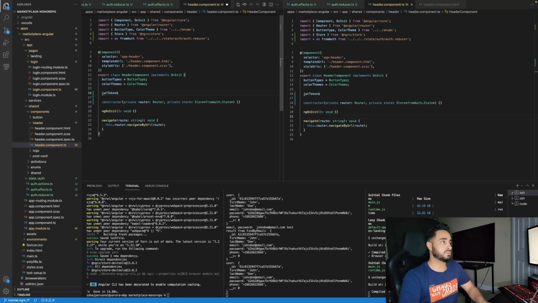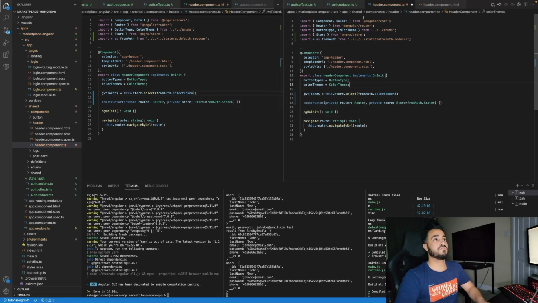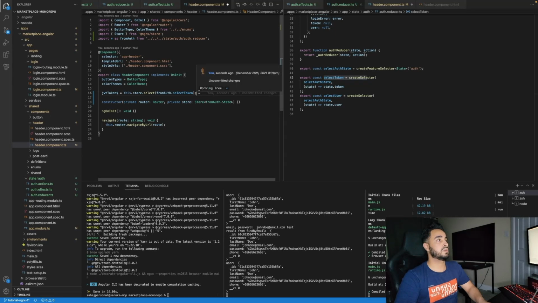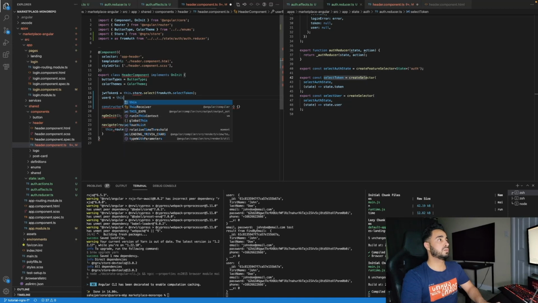Next thing we need is the JWT token, right? This is going to be an observable, and we can select it from our store now. And as a selector, we can pass in the selector that we created. So from auth.selectToken. If I open my reducer file here on the right, this is the selector we created, and in here I simply pass in that selector. I can also get my user